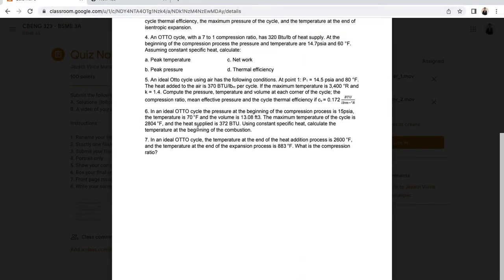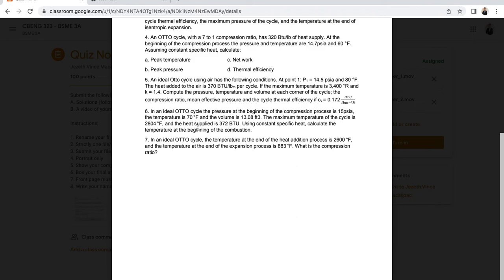For problem number 5, an ideal Otto cycle using air has the following conditions. At point 1, P1 equals 14.5 psia and T1 is 80 degrees Fahrenheit. The heat added to the air is 370 BTU per pound mass per cycle. If the maximum temperature is 3400 degrees Fahrenheit and k equals 1.4, compute the pressure, temperature, and volume